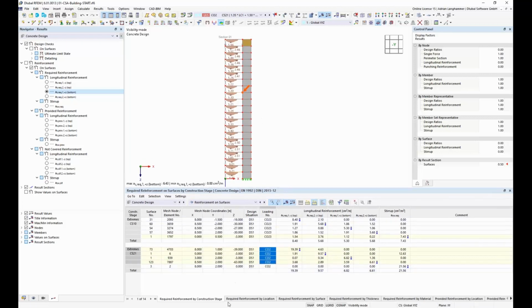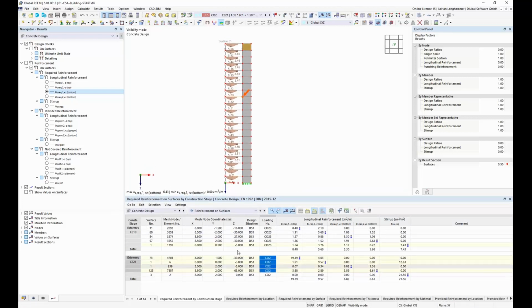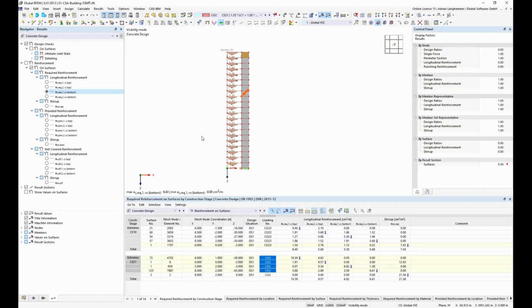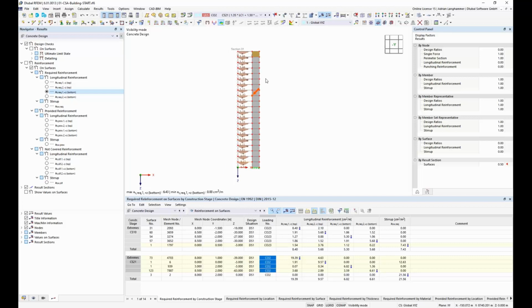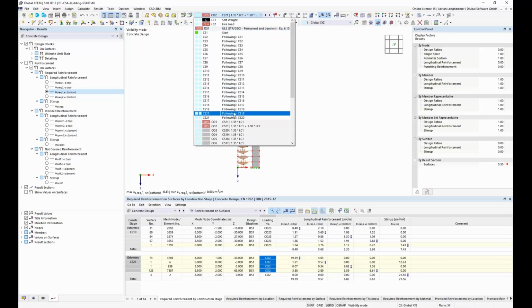I also can select different tables, and the construction stages are also considered in these tables, but this is some special topic regarding the design. I only want to show the principle of considering the construction stages. If I want to take a look at the graphical results of the construction stage, I